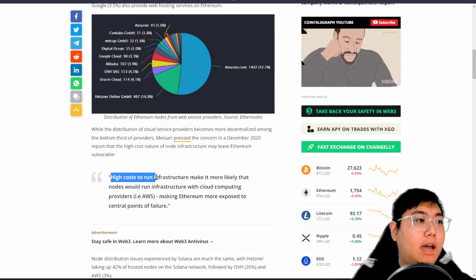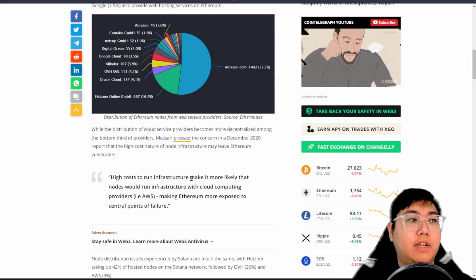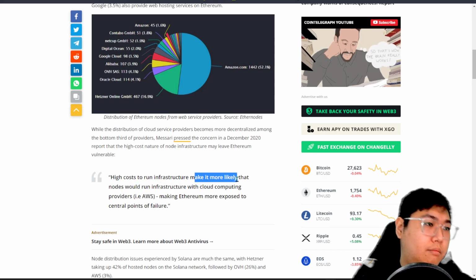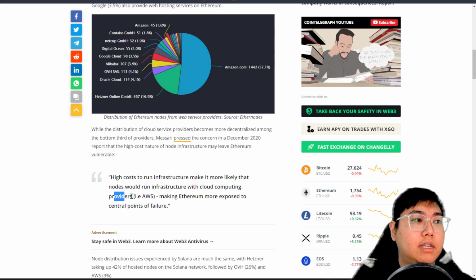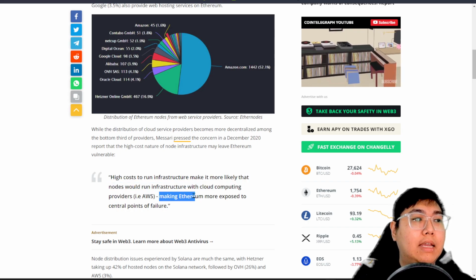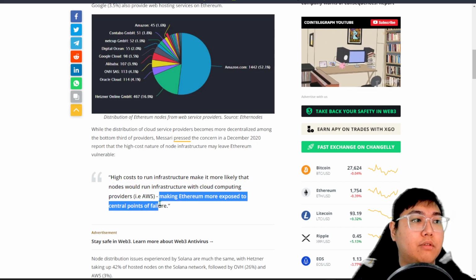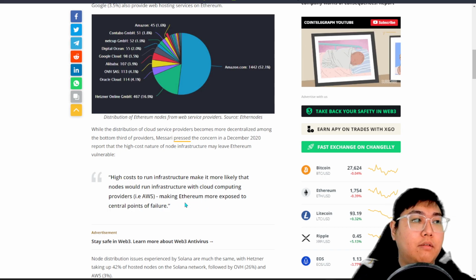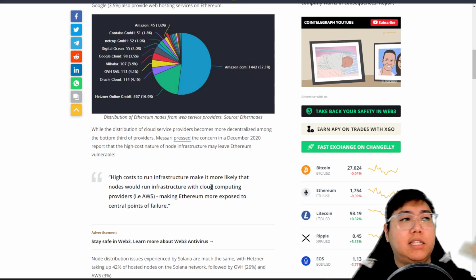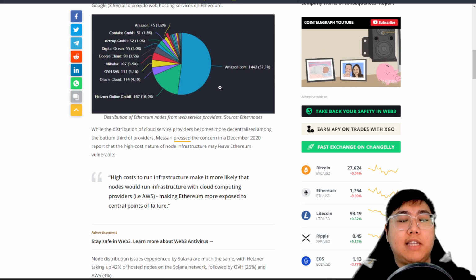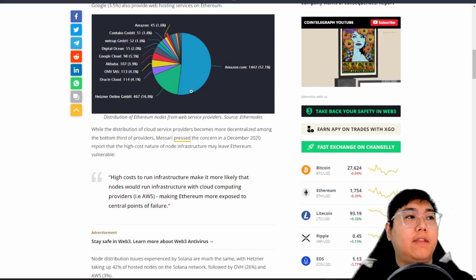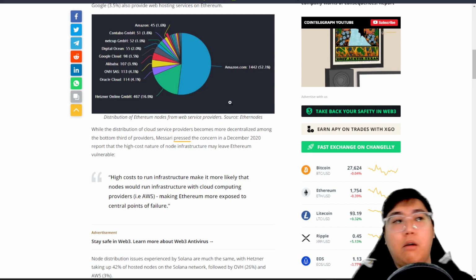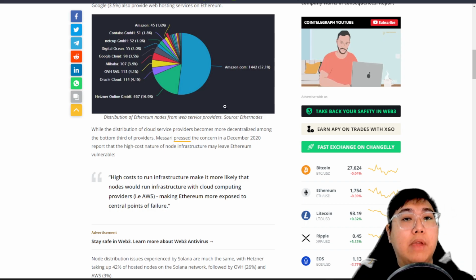And after that, because of the high cost to run an infrastructure, it is more likely that nodes would run on infrastructure with a cloud computing provider like AWS, making Ethereum more exposed to a central point of failure. Basically this is telling you that if Amazon wishes to raise their price, it might happen, and people have to pay more. And eventually if Amazon goes down, or the servers get hacked or something like that,